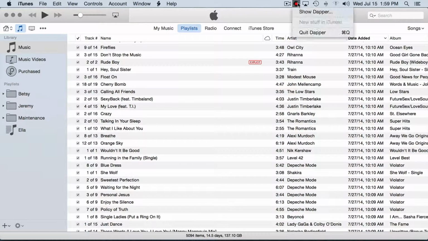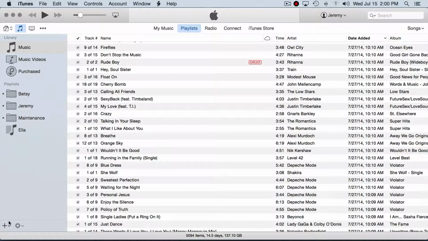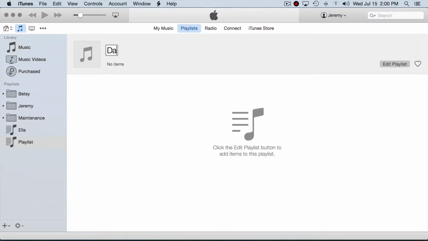But by default, Dapper is only going to show and copy over to your DAP the specific playlists where the playlist name begins with Dapper, or it's in a folder named Dapper. So let's have a look at the first one, playlists with names beginning with Dapper. To do that, I'm going to go down here and create a new playlist. And this one I'm going to call Dapper